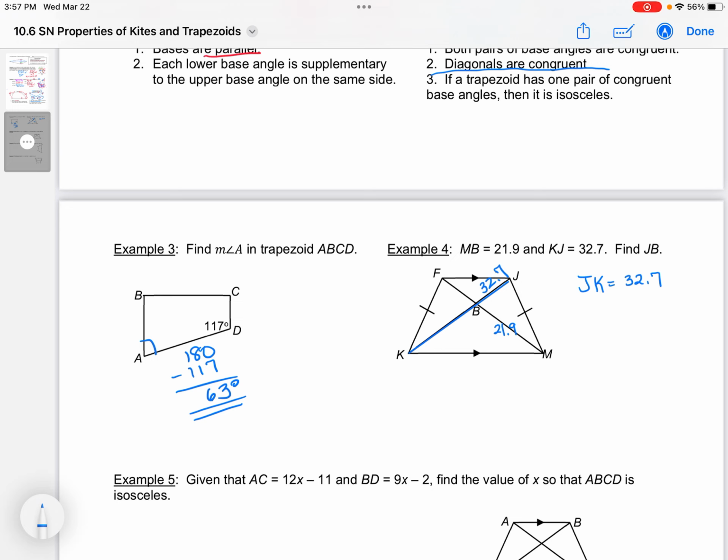And if I subtract MB, because that means FM is also 32.7. So if I subtract MB, then what I have left should be FB, which is 9 from 17 is 8, 0, 1. 10.8. So FB is 10.8,